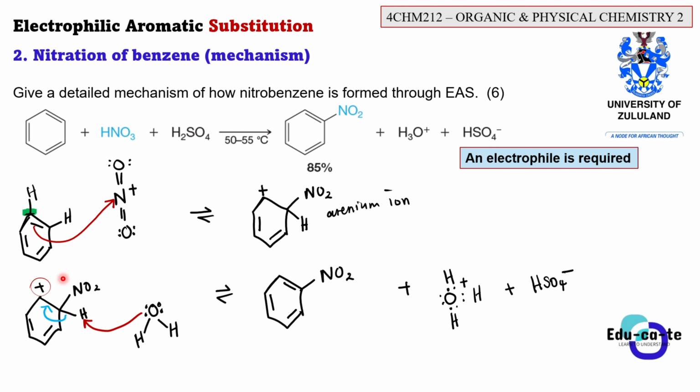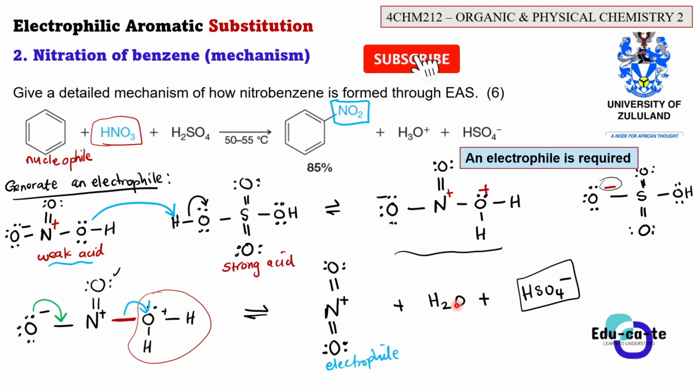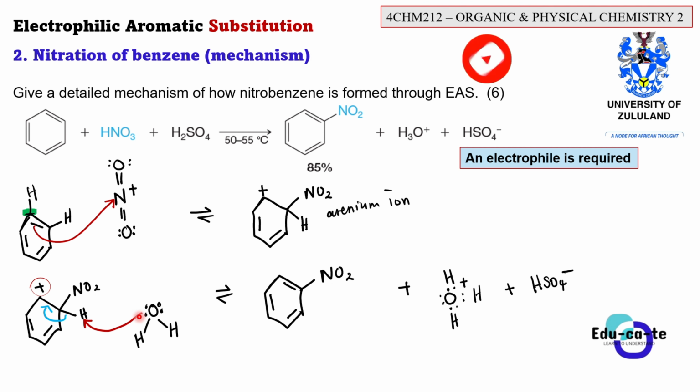So on this arenium ion, what will happen? In our reaction mixture, we still have H2O. Remember, we generated H2O here. This is our H2O that we generated, and we still have it in our reaction mixture. So this H2O has the capability of deprotonating the arenium ion, of taking away the proton. Why is it taking away the proton? Because this is positively charged. Things that are positively charged don't really exist in nature. Compounds are neutral, so for something to be neutral, it must have zero charge. So they need to take away the proton from it. So this H2O will deprotonate, take away this proton.